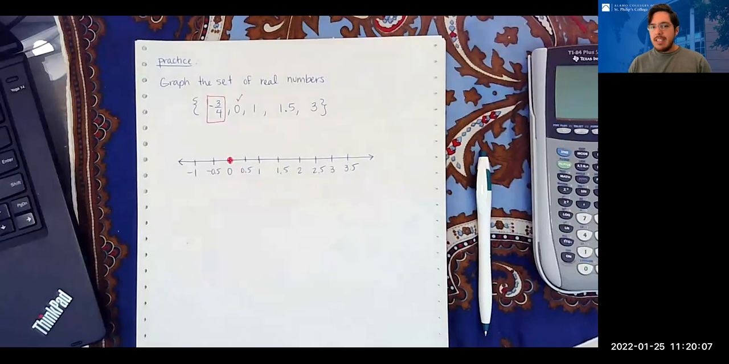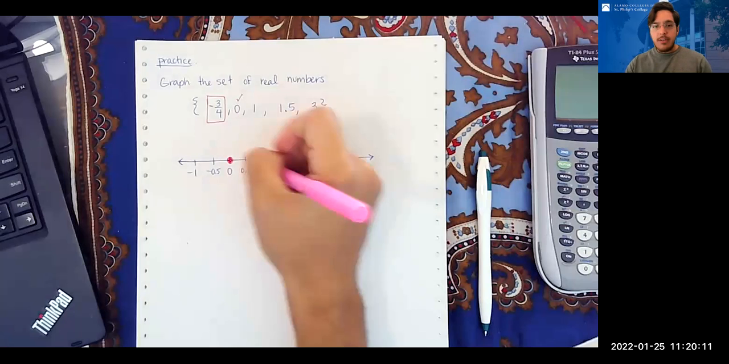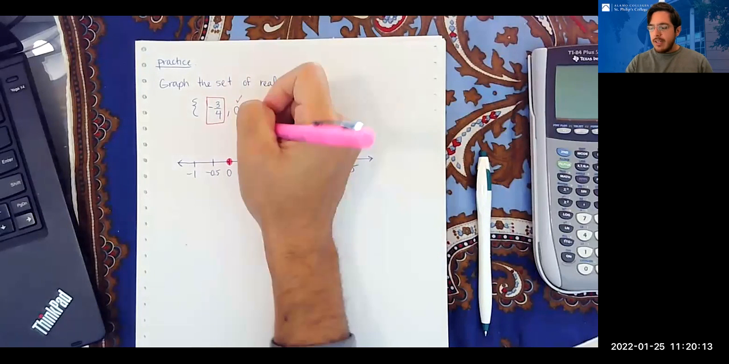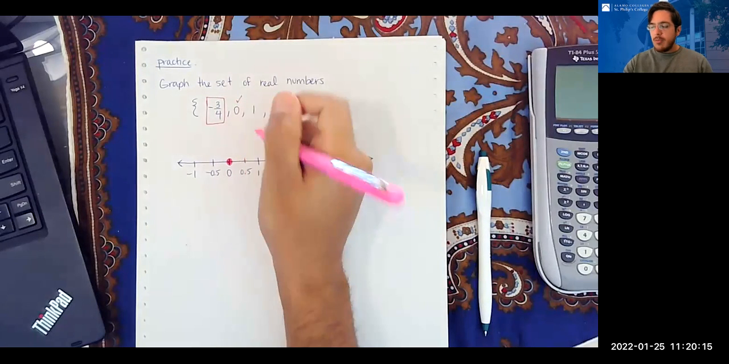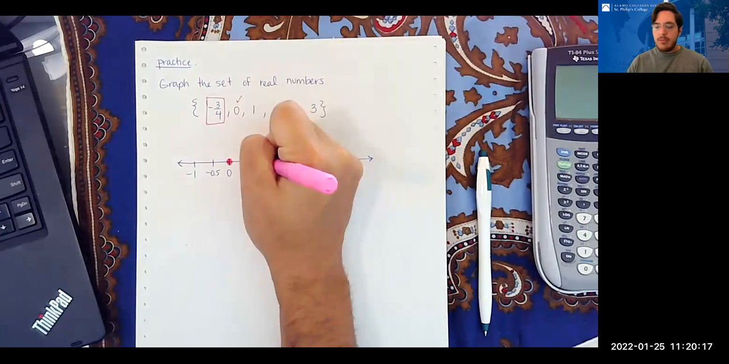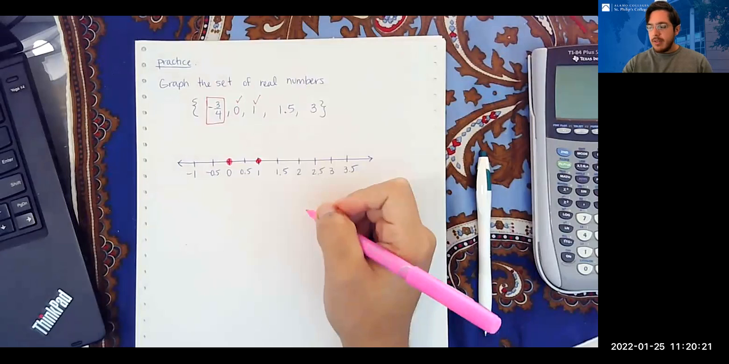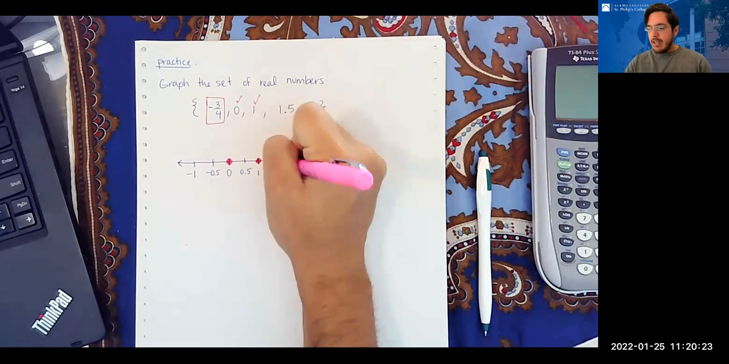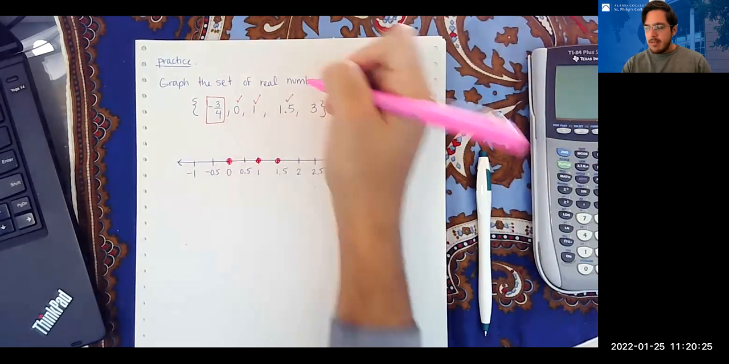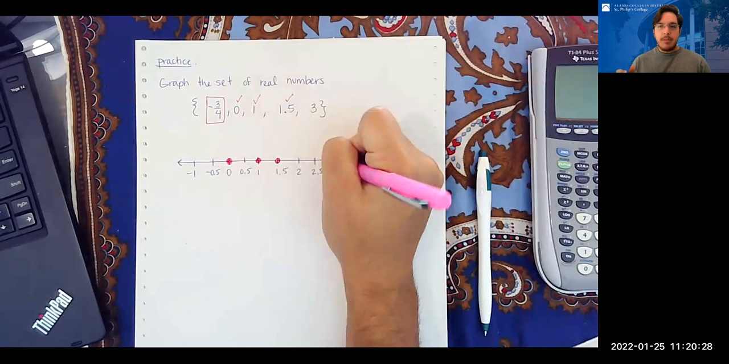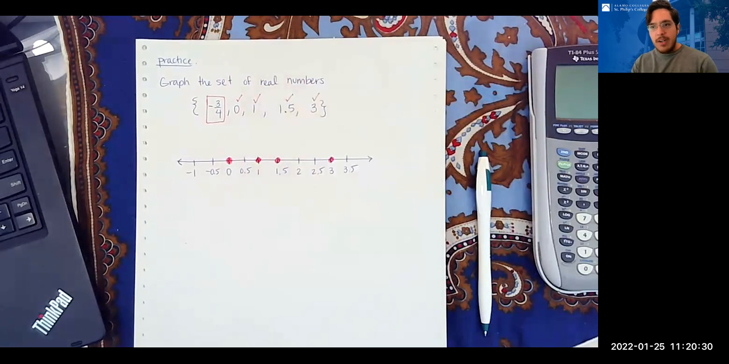So for all of these for which we have a tick mark and they're clearly labeled, we can go over here and put a dot on 1. We've graphed the number 1. 1.5 is listed here, so we can go ahead and graph that one, and also 3. Okay, but we won't be able to submit our answer until we figure out how to graph